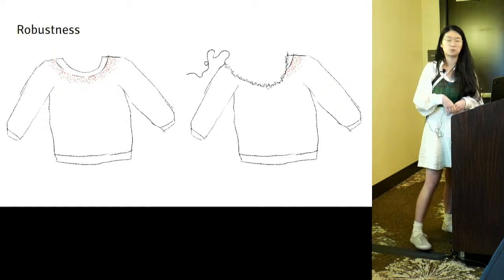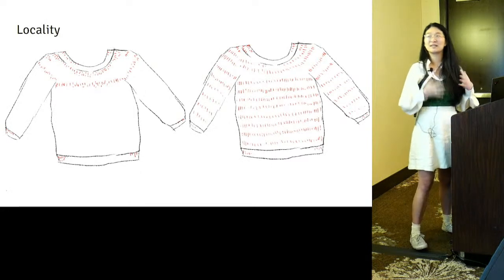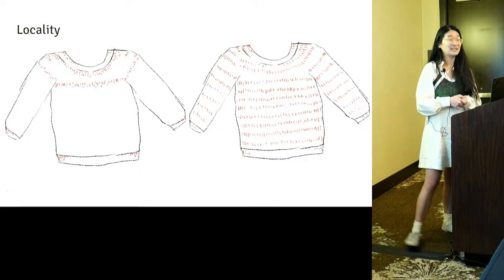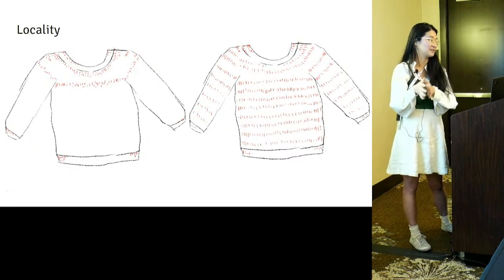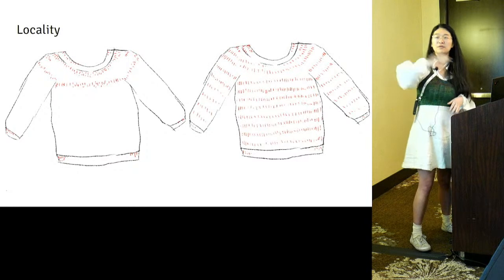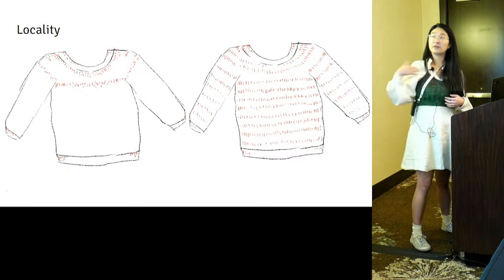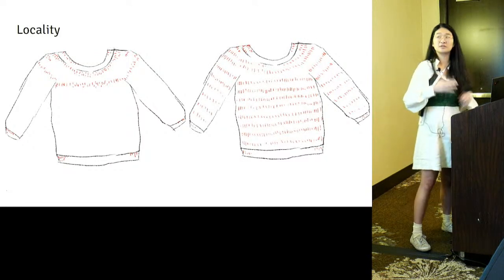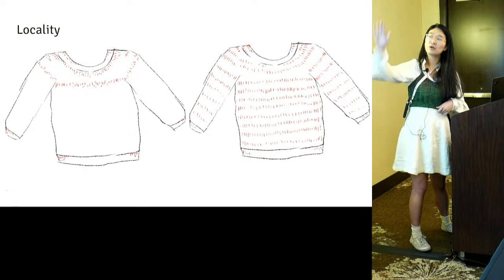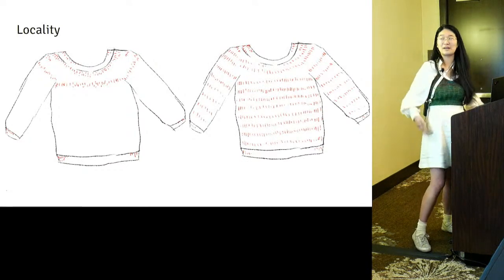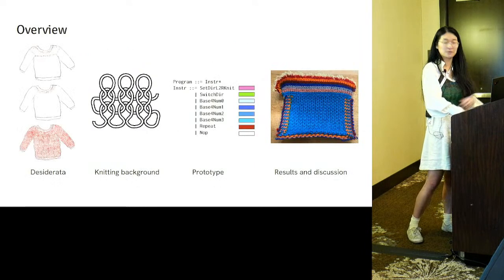just because a certain small part of the object was destroyed. And then finally, our last criteria, which is a little bit aesthetic, is that we like this idea of locality, which is that the instruction is very close to the output of that instruction. So here you can see maybe we've got the instructions for the sleeve on the sleeve, or the instructions for the body on the body of the sweater. And it's like a sliding scale. You can take it to a farther end, and then you get more of a distributed expression of the fabrication plan, but you could run into compression issues and so on. And so those are our 5 criteria.